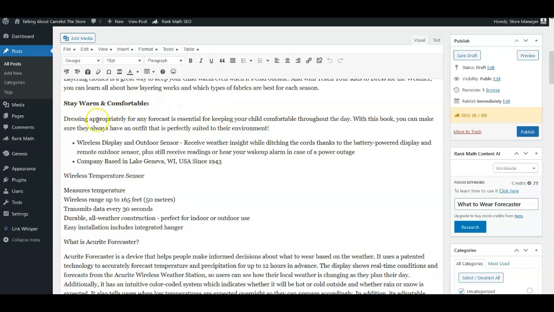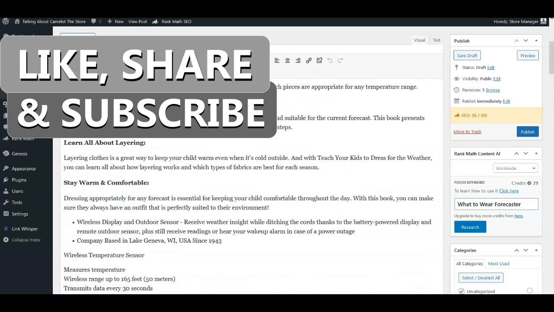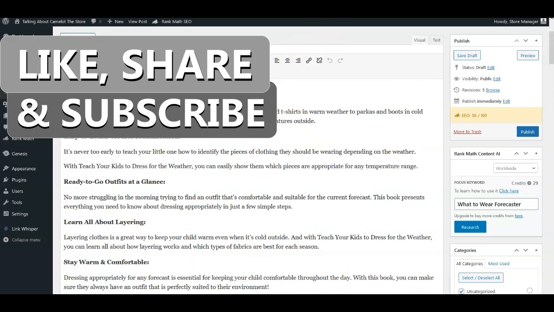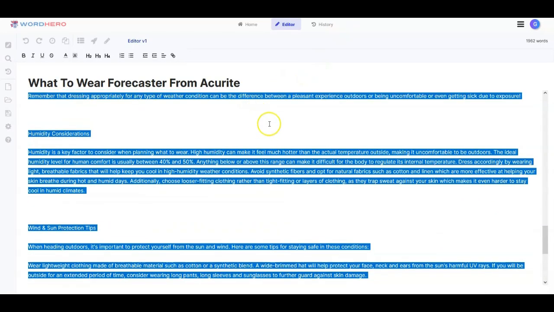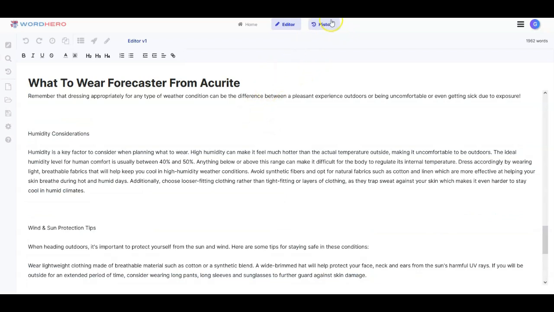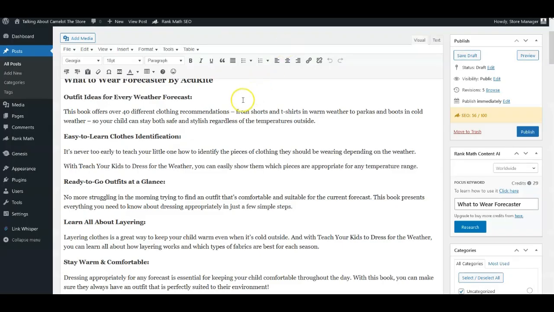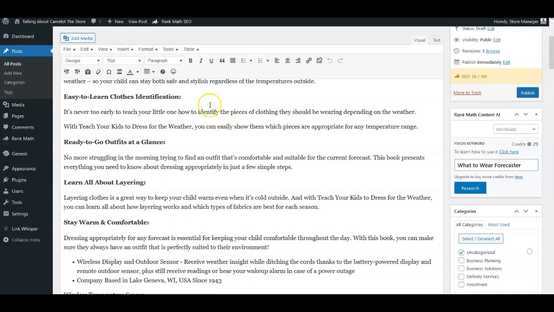But the time on this, building this article this way with AI through Word Hero, and I did have a Word Hero review I just did that's published. You can check that out. Through Word Hero and using the editor mode here, I've got this article rather lengthy. Now I just need to go through and format it and read through